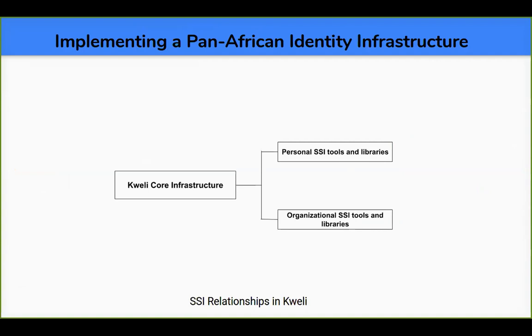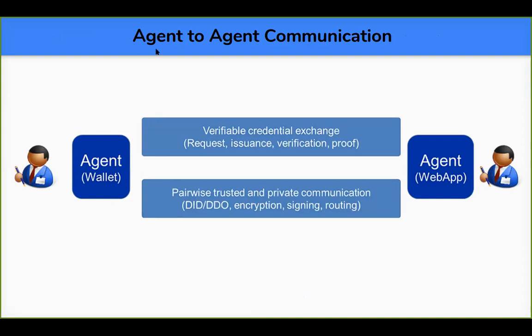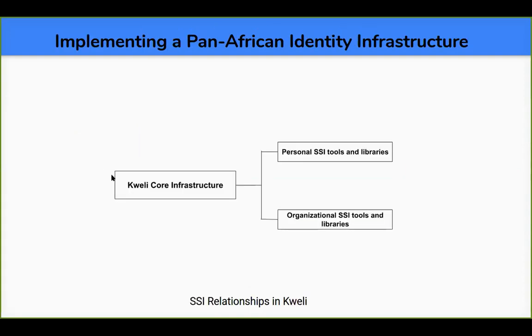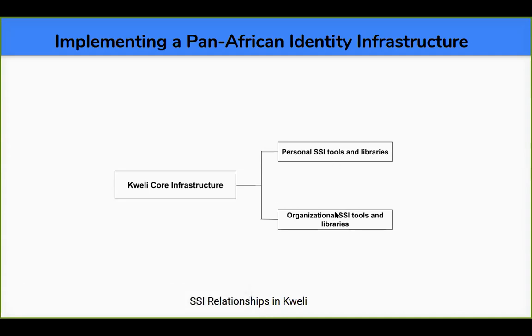So you have the tools and libraries, and also we have organizational SSI, which now allows business wallets, enterprise wallets. If you own a shop or a flower exporting and importing company, you can have your own business wallet, which holds the licenses that have been issued to you. But at the core, most of the services are the same in the two approaches, only that now the nuances in personal ID and organizational ID require more depth. So in terms of the interactions,